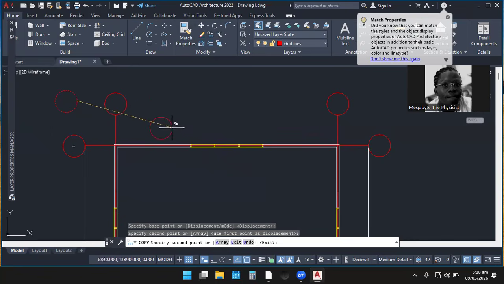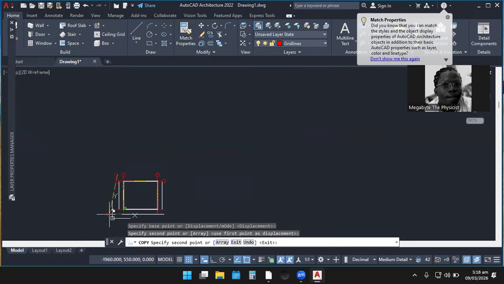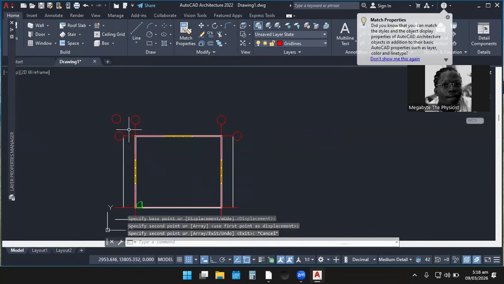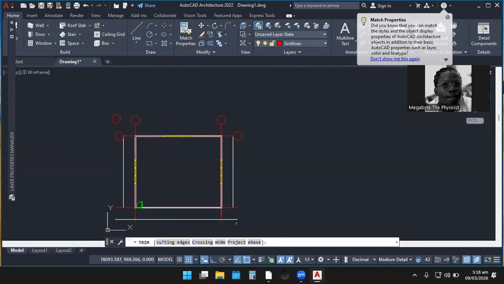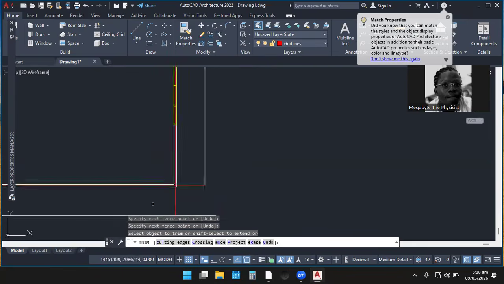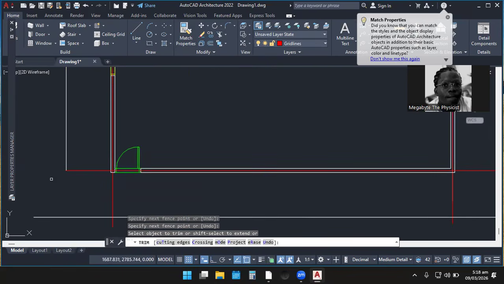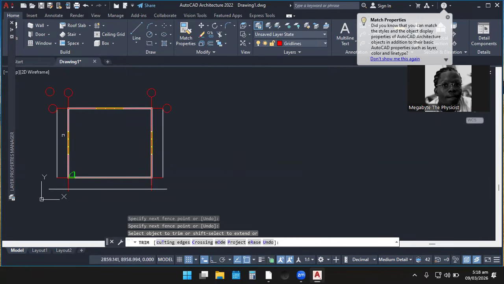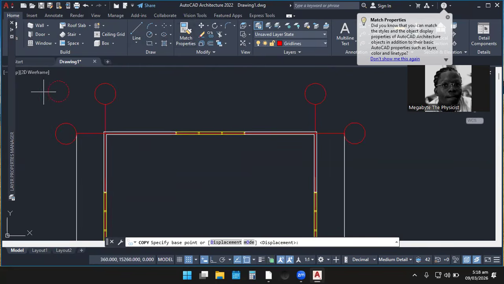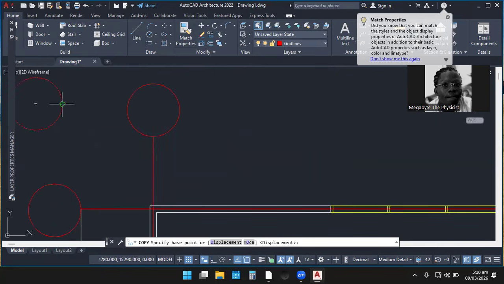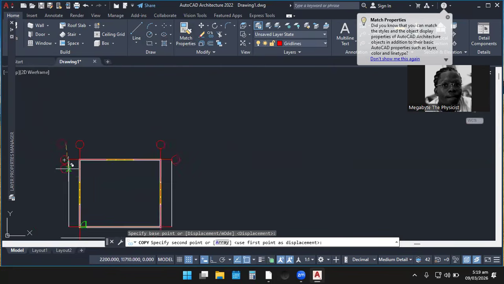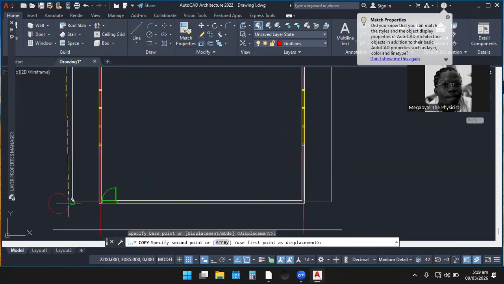See, now I can trim the unnecessary parts. But before that, let me come and fix here too. I have to trim the parts. So let me quickly trim those parts so that it can come and fit well. So after highlighting this, I click on copy. They say I should specify base point. I want to use this side. So that is it.